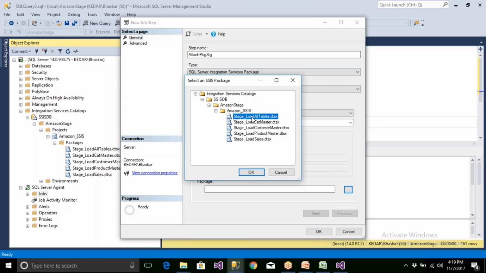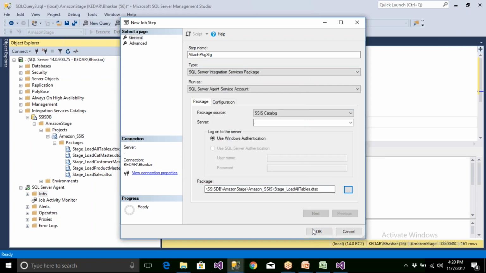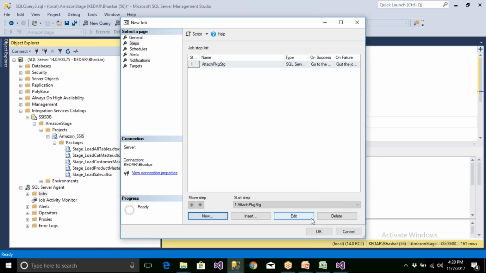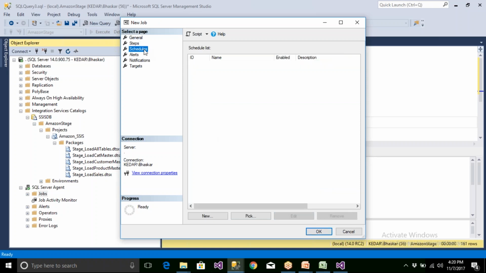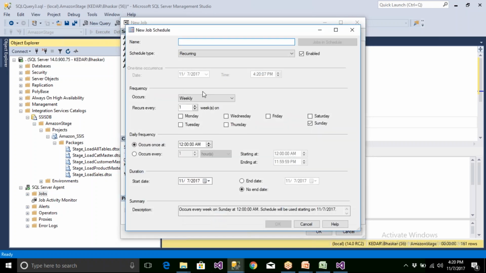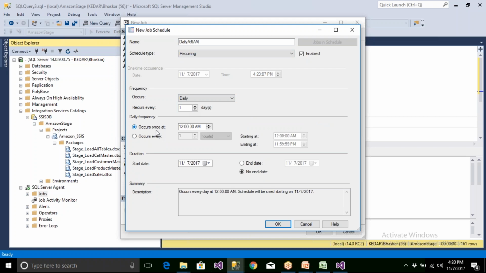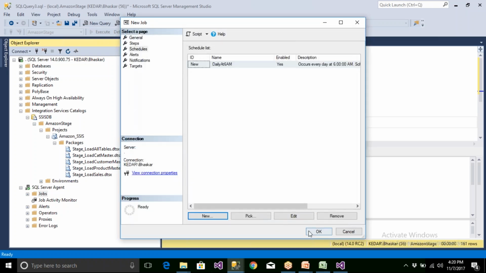I want to take only this one, click on that, and that's it. Now done. For schedules, I want to run this daily at 6 a.m. So recurring, daily, occurs every day at 06 a.m., and click on OK.